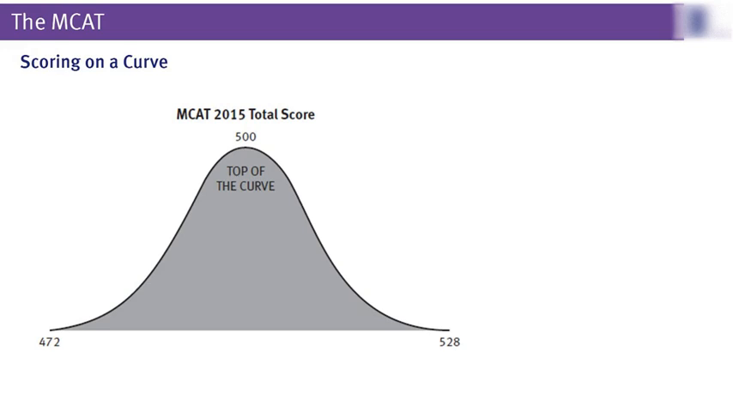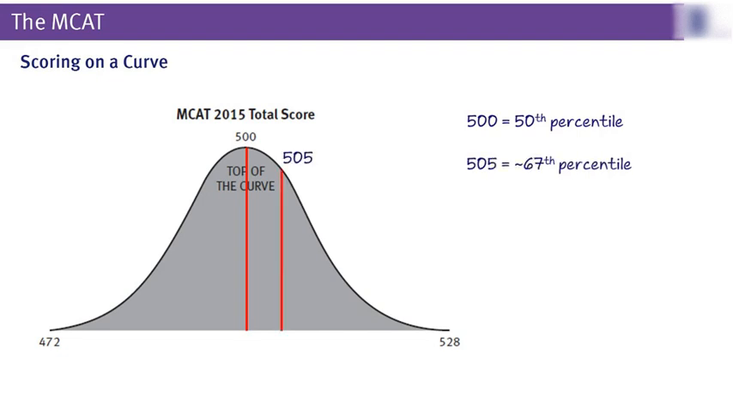It's not like just as many people score a 480 as a 500. In fact, because the MCAT is scored on a curve, the most people score a 500. It's the most common score on the exam. That's why the test maker calls that the top of the curve. It's also called the 50th percentile, meaning that if you score a 500, you're scoring better than 50% of other test takers. And to get a sense of what some other scores mean, working your way up, a 505 is